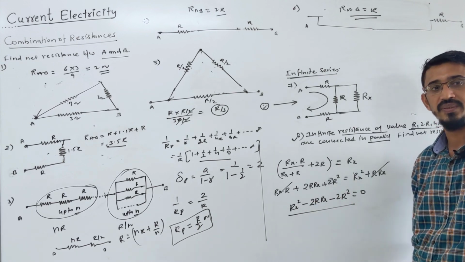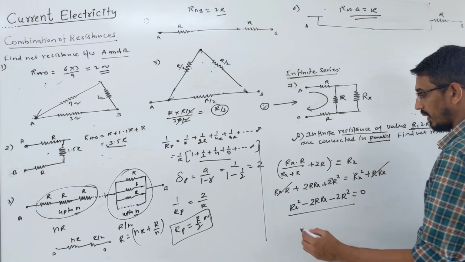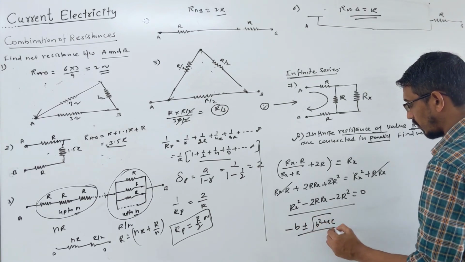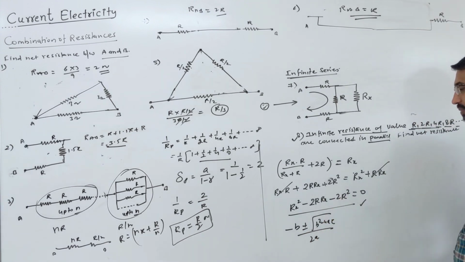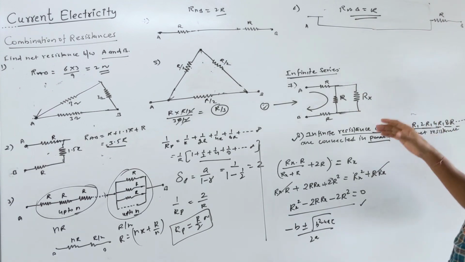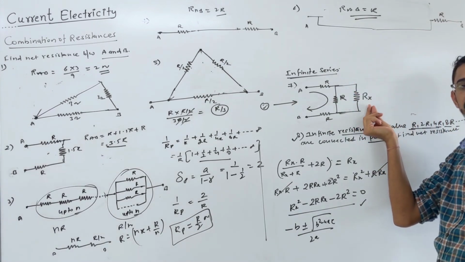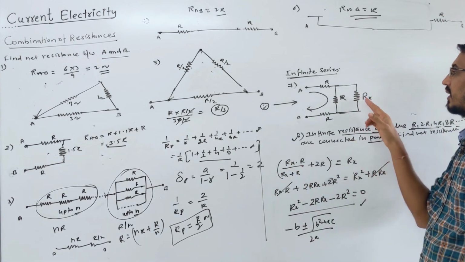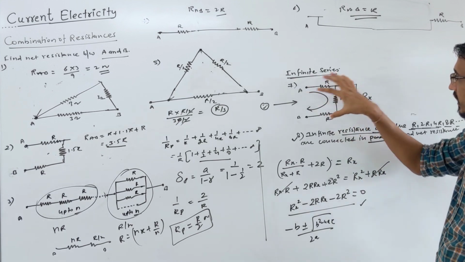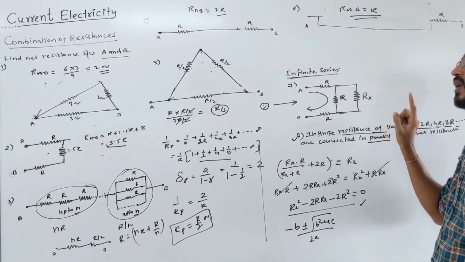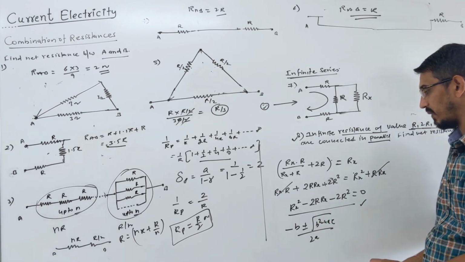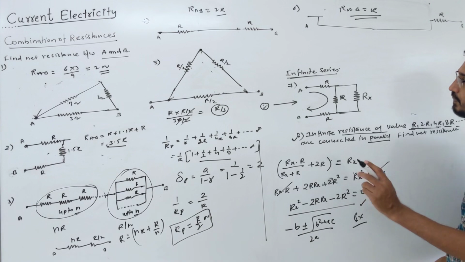Rx is your unknown value, right? If you want to simplify, you can use the formula minus b plus minus root b square minus 4ac. I am not doing it here, but I am telling you the procedure. For an infinite series, remove everything and call it equivalent to some Rx, or whatever name you choose, and connect it in parallel with the remaining circuit. Only one loop should be there alone. Now you simplify this, and call the answer also equal to Rx. Then you will get a quadratic equation, and you have to solve it. That will give the answer, your Rx. Okay, done.